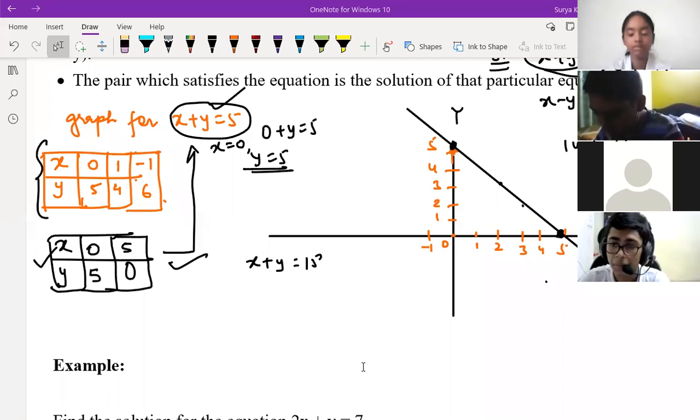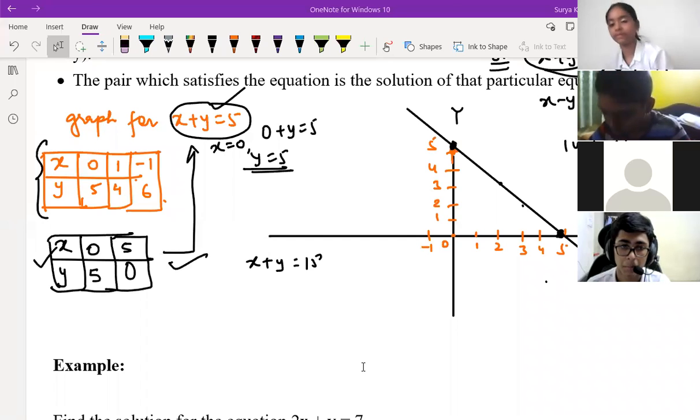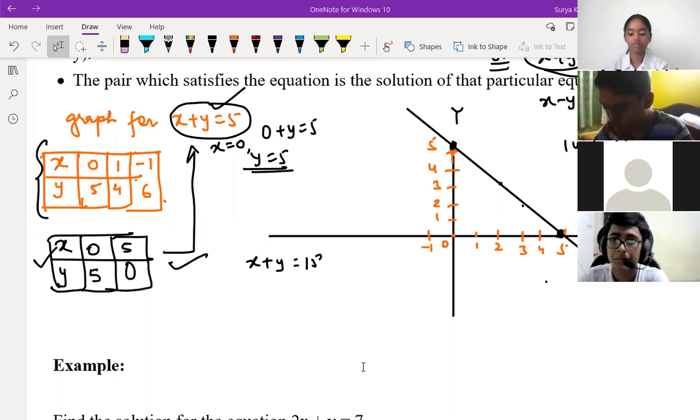Sir, should we take minimum 2 points for showing? Exactly, because 1 point can't make a line. 2 points should be there to make a line. We can take only 2 points, that will be enough. But sometimes you can't guess the line by 2 points. Anyway, at 9th level you are having a maximum of 2 points, you can do that, not a problem. But in 10th and 11th you have many complicated graphs, so you should read later on. But till 9th, this is enough.